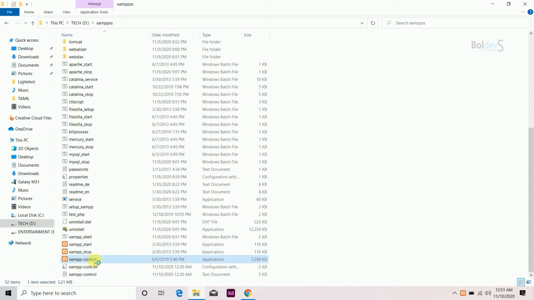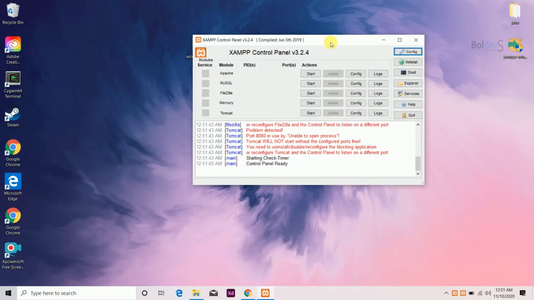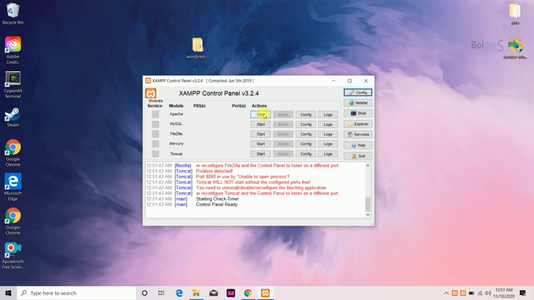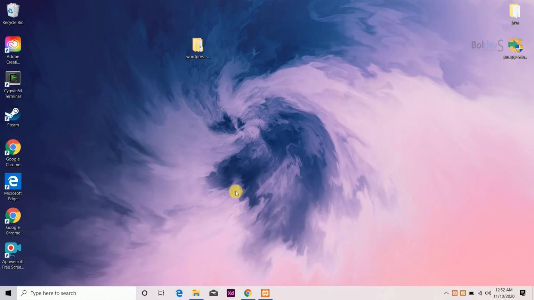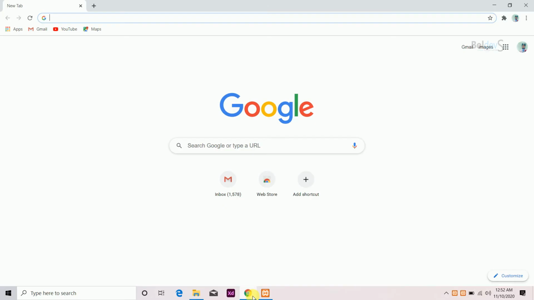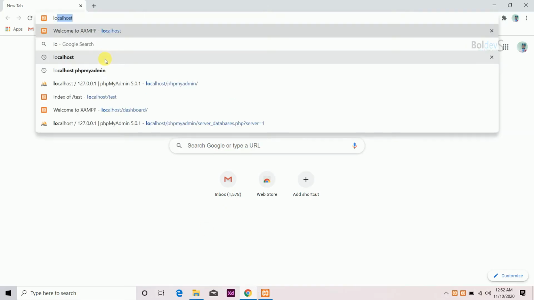Double click on that XAMPP control and you can find a control panel of XAMPP. See, that's it, and hit start for Apache and MySQL. You can see that the modules Apache and MySQL were turned into green color. That's it. So we can check whether Apache and MySQL were working properly and configured properly or not. To check that, just open a Chrome browser and search for